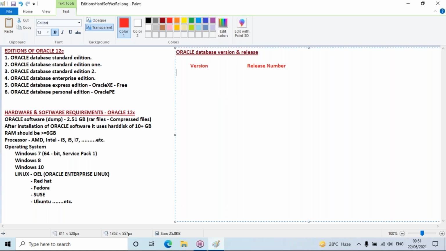Now, our practical work will be discussed on which version of Oracle? It is Oracle 12c Release 1. This is the version of Oracle.